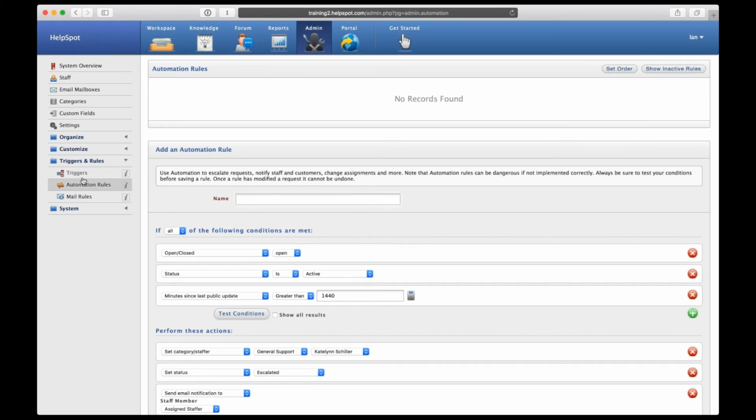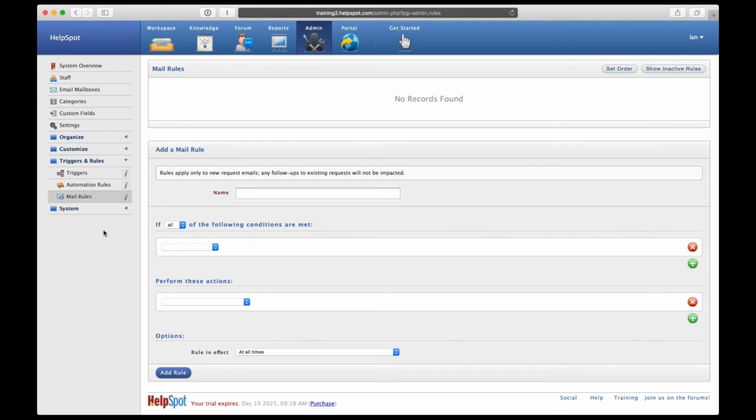Then we also have mail rules, which are similar to triggers, and you can do some of what they do with a trigger, but mail rules apply only to new requests that come in via email. So triggers and automation rules apply to any request, no matter how it's created. Mail rules are only for new requests, so not for updates, and